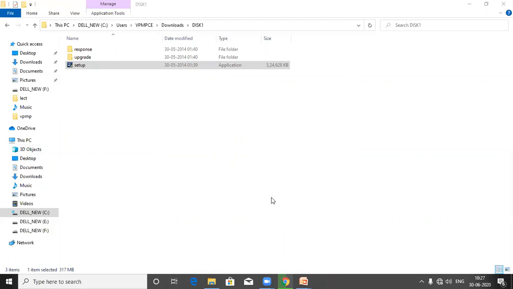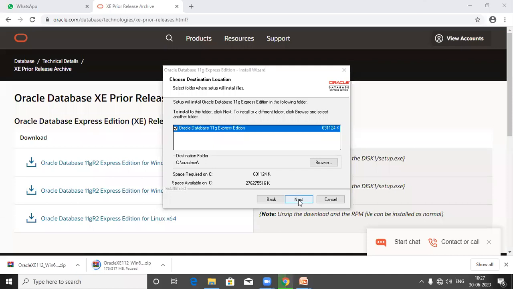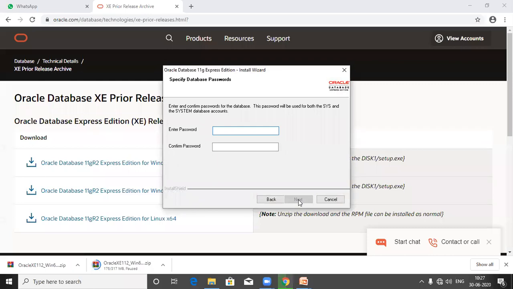The process will start in a short time. Now the next window will appear like this. Click on next.